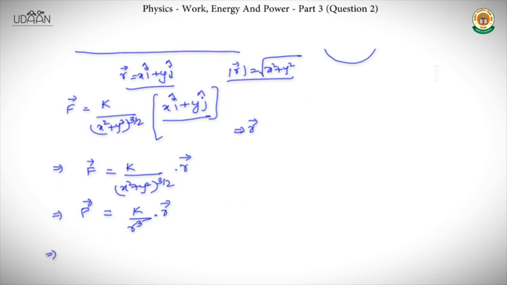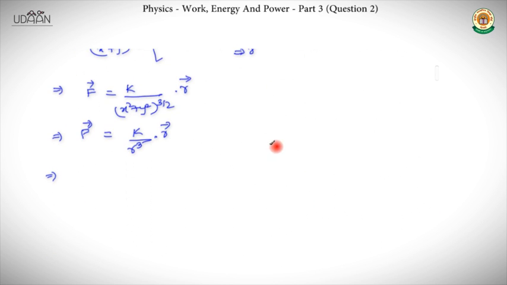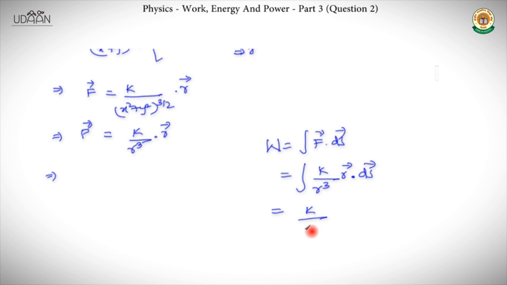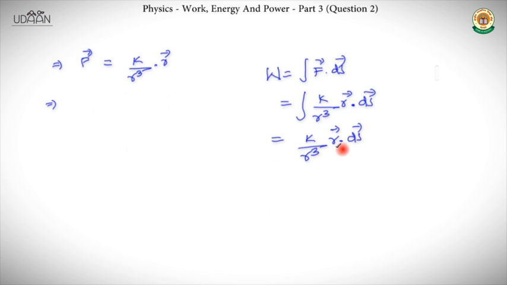So from the basic equation of work, what we will be getting is integral F bar dot ds bar, and F bar is k by R cube into r bar, dot ds bar. This is the scalar product. So this we can write as k by R cube into r bar into ds bar. So what you want to say is r bar and ds bar are always perpendicular. As this is a scalar product we will be getting r into